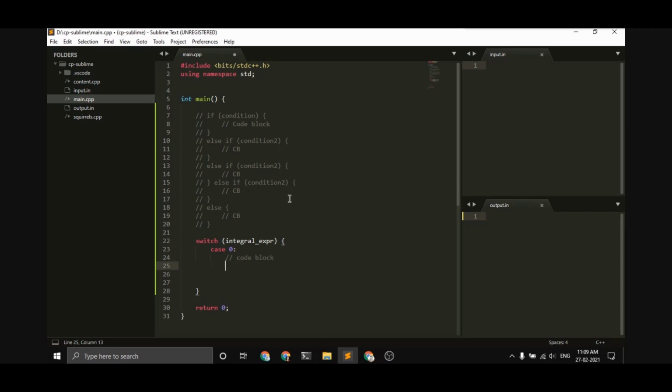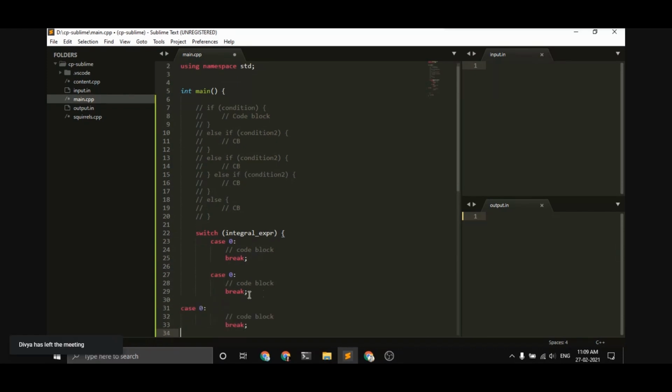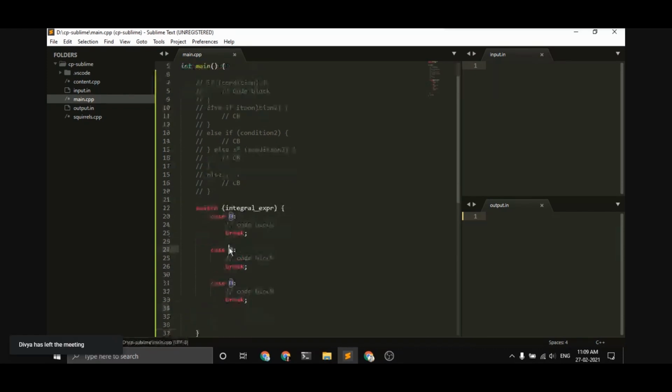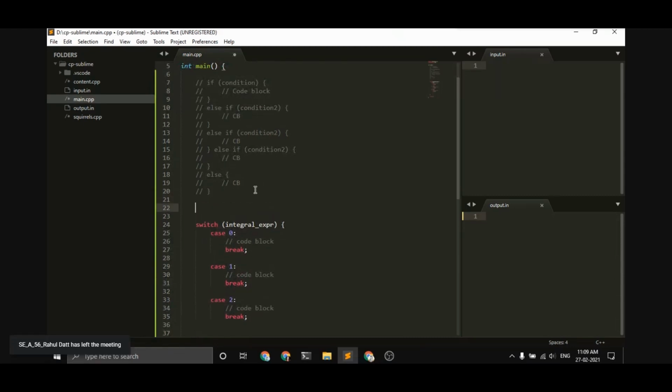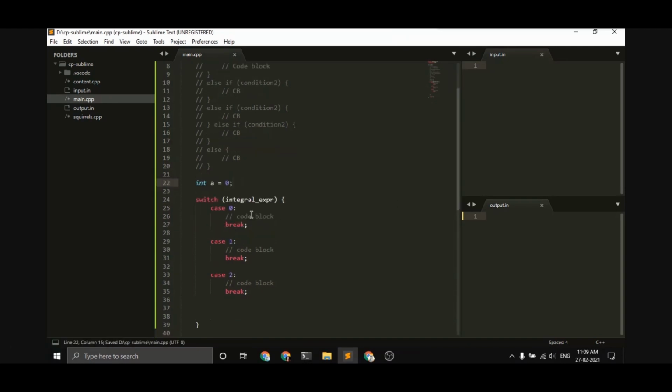After each case, you actually have to write the break statement. So if this integral expression is equal to 0, execute this code block and then break out of the switch case. And of course, after the first case, you can have multiple cases here. So basically, let's write 1 here and 2 here. Let's have an integer, let's say a is equal to 0, and then we give a as an input to the switch case.